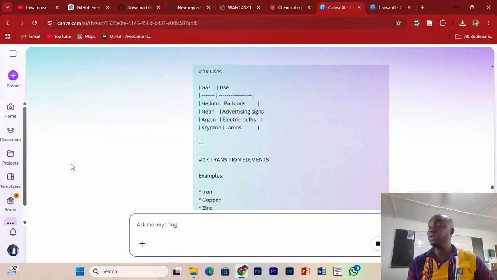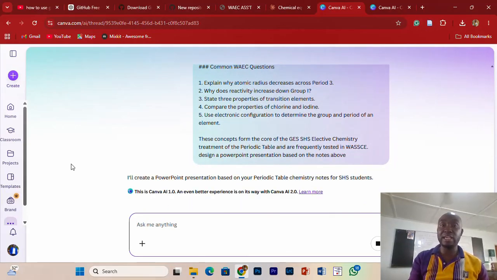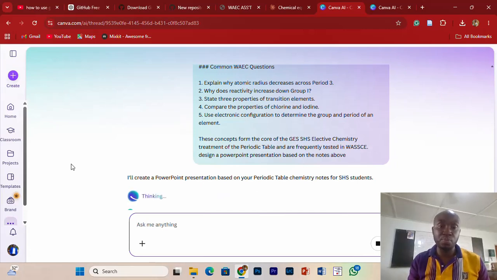The problem we've been facing is that we don't go to Canva AI. I think the initial stage is where you want to design your own PowerPoint, so you have the formatting tools to design your own PowerPoint or a video or social media, whatever you want. But if you want Canva to do the presentation for you, then you have to go